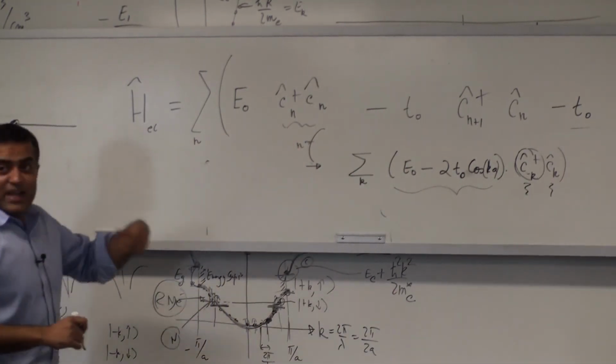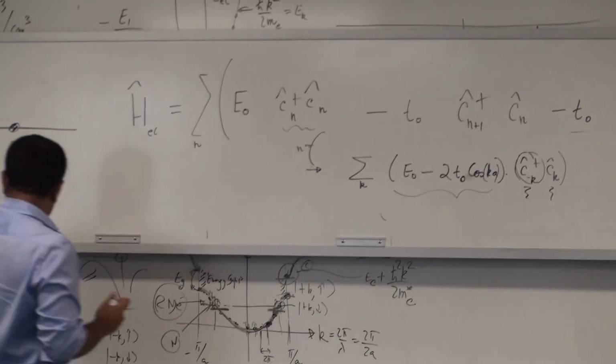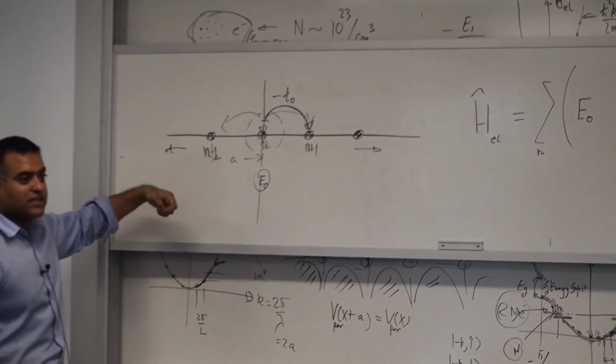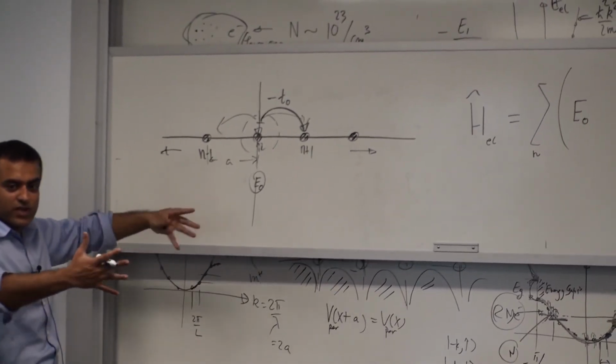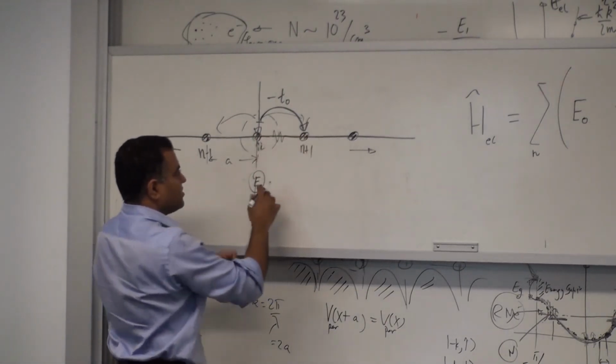But what I want to end with today, just give me a couple of minutes, is in the same problem, what we can do is set up a bosonic system. And what is a bosonic system here? The lattice can start vibrating if I heat it, right? These atoms can start moving, oscillating, right? And this is classically imaged as a mass spring system.